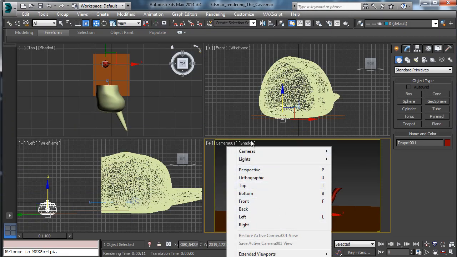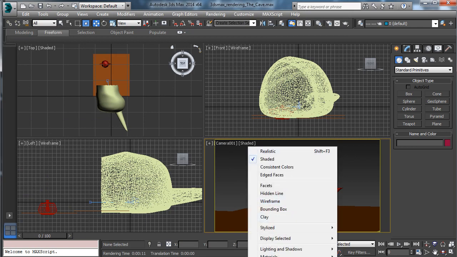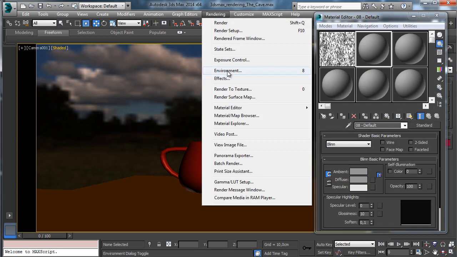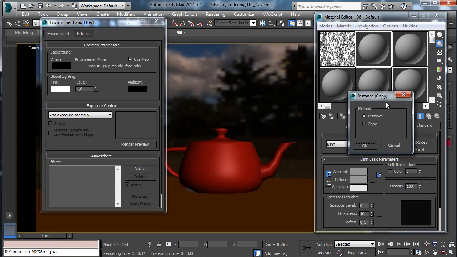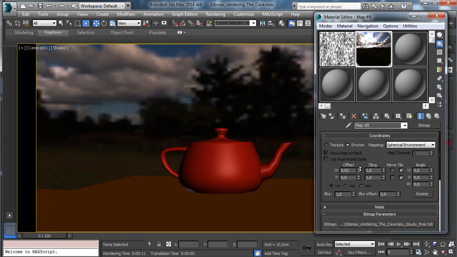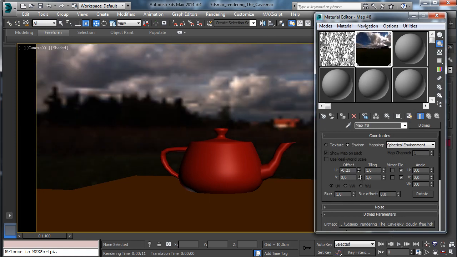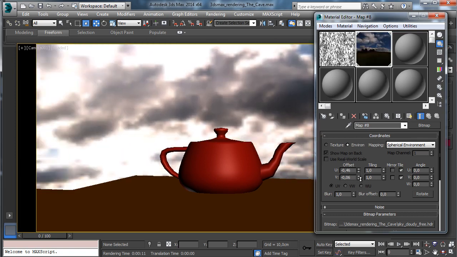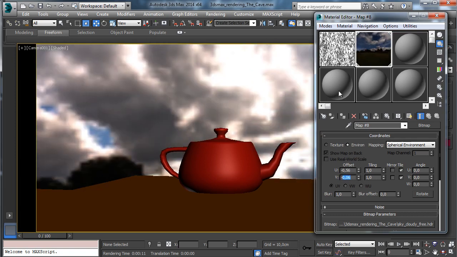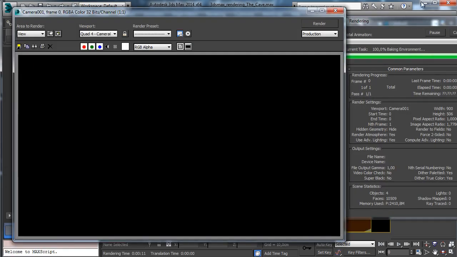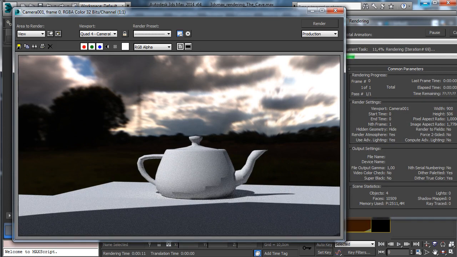So we can go there inside the viewport and say viewport background environment image. So now you see that we have the background image there. We just have to clone this one on an empty slot. And then we can just move this one to have the sun in the right position. To be sure that we see the sun, we can move this one a little bit there, and then we can have this one back to 0. Let's see if the illumination is right. We still have the sun on the other